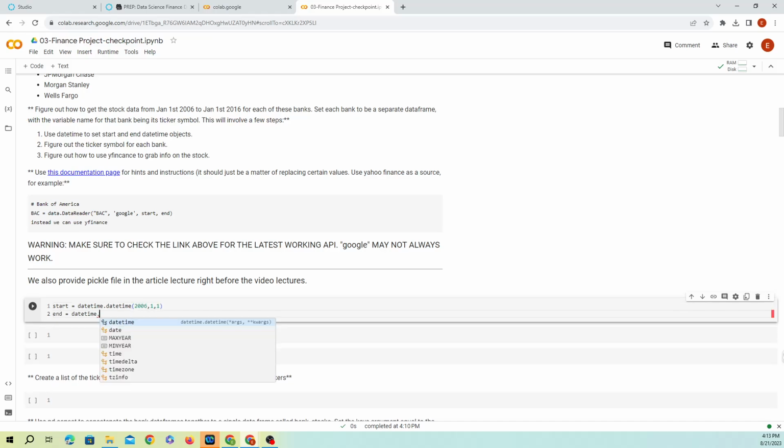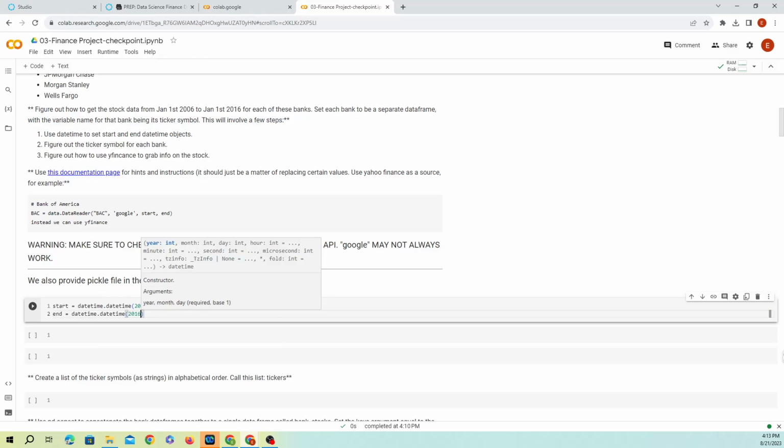Again, datetime is coming from the package, and then datetime is the constructor. So we're gonna use 2016, comma 1, comma 1. So that's January 1st. We're gonna do a start and end.